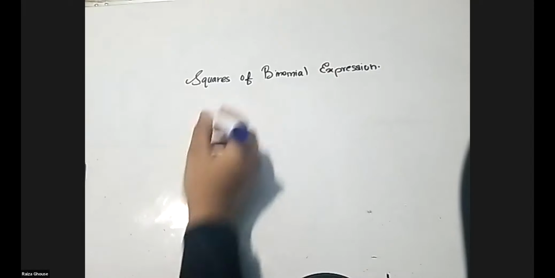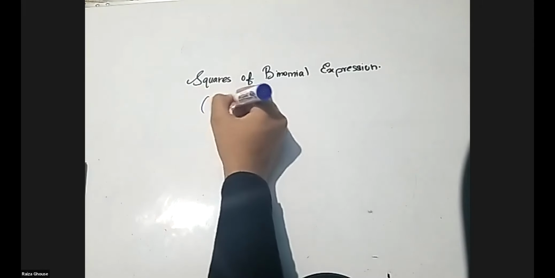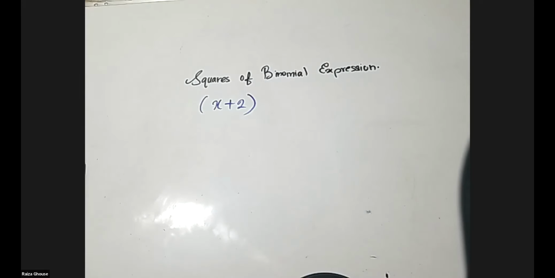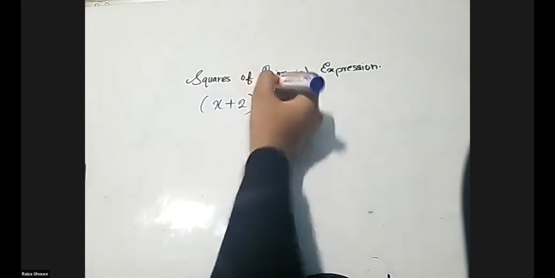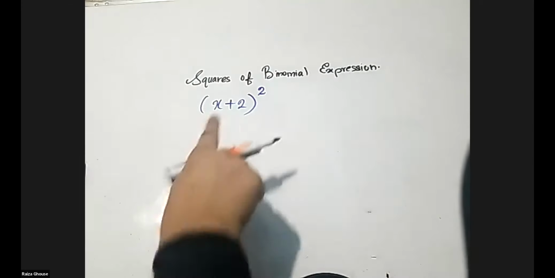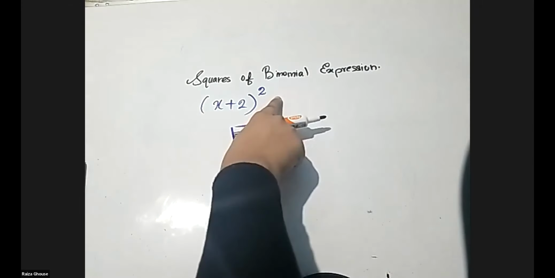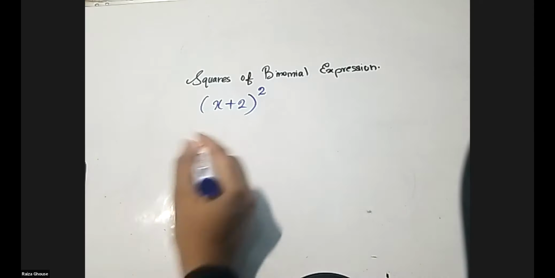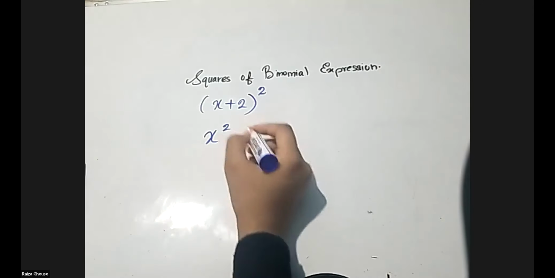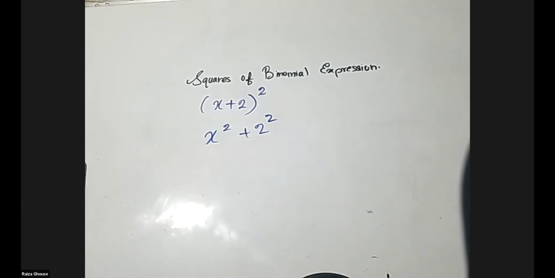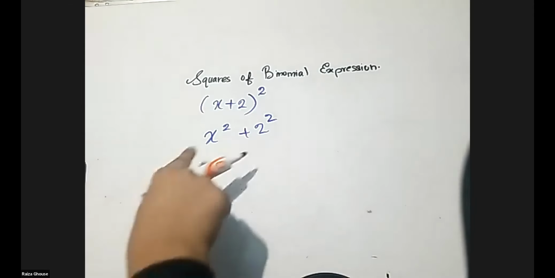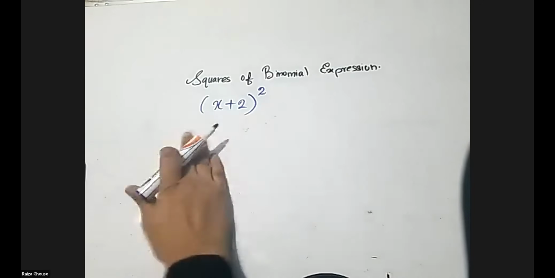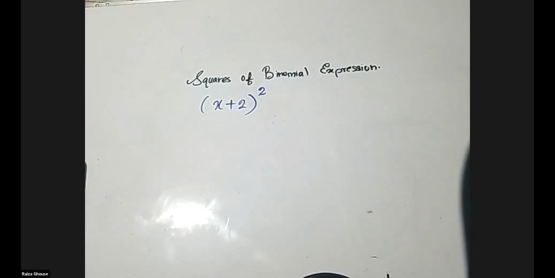The thing is, if you are given a binomial expression, and if it is a square, squares of binomial expression means a binomial expression, and if it is a square, what should you do? What you should do is not this. First I'm telling, it is not this. This is the one biggest mistake the children are doing. It is not this. It is another thing. What is it? Listen very carefully.